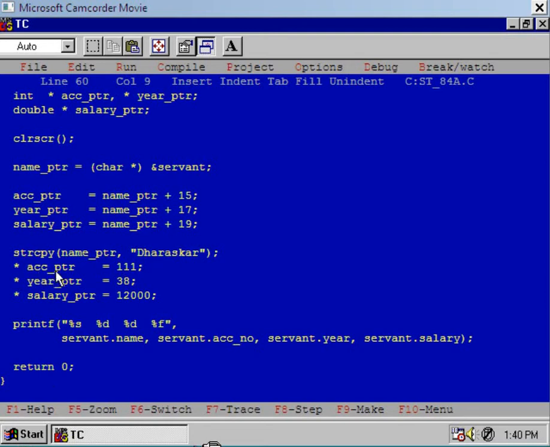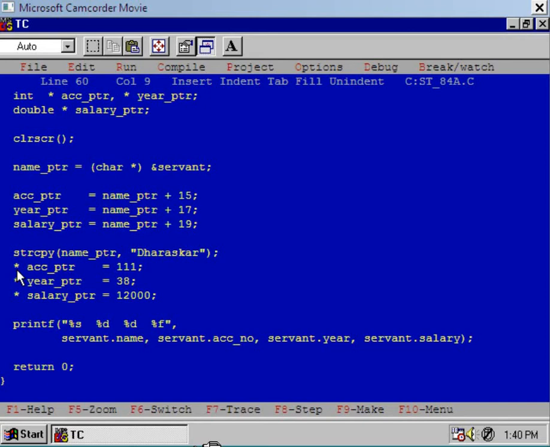How I have initialized account number, that is the second member of the structure variable servant. Here I have used the dereferencing operator. I have not used the dot operator, and I have also not used the pointer operator. Instead of that, here I am using the star operator, which is nothing but the dereferencing operator. So we know that ACC pointer is pointing to the second member of the structure variable servant, and the name of that member is account number, ACCNO.